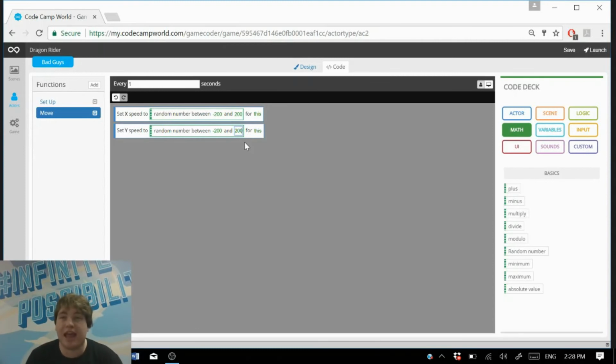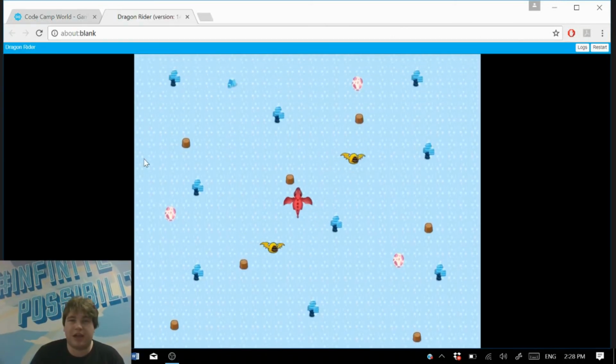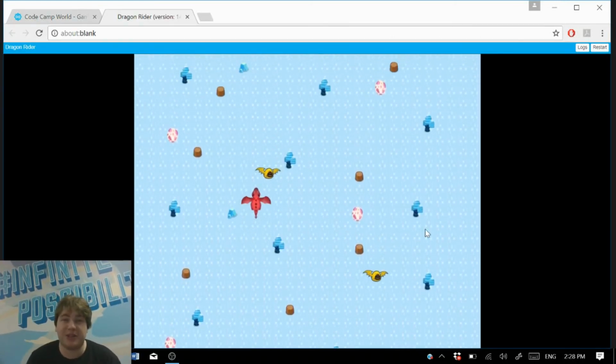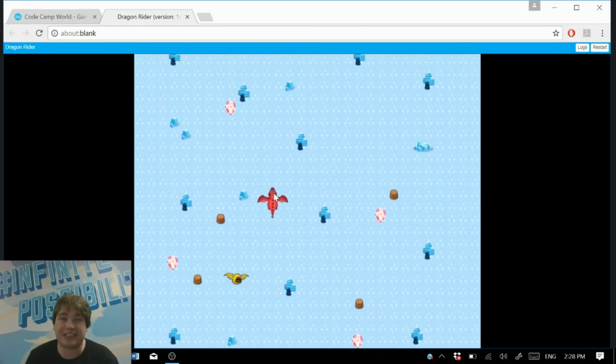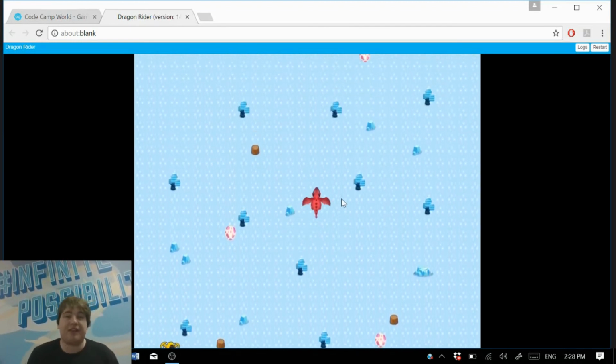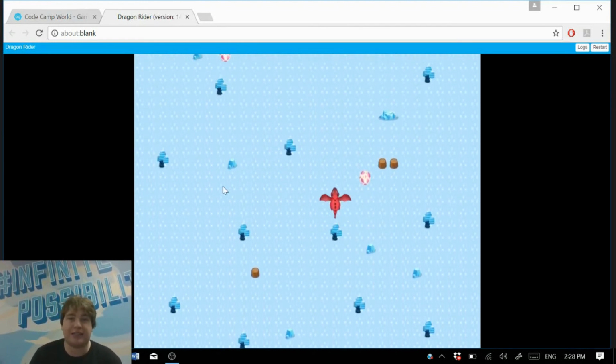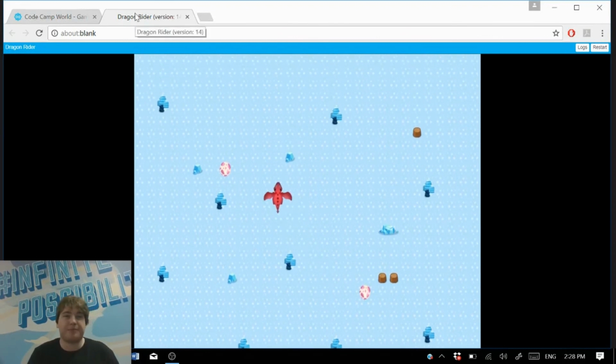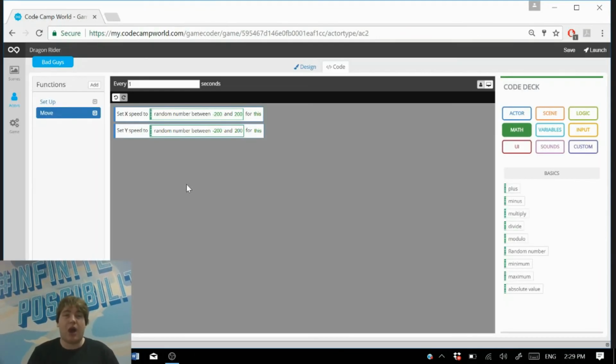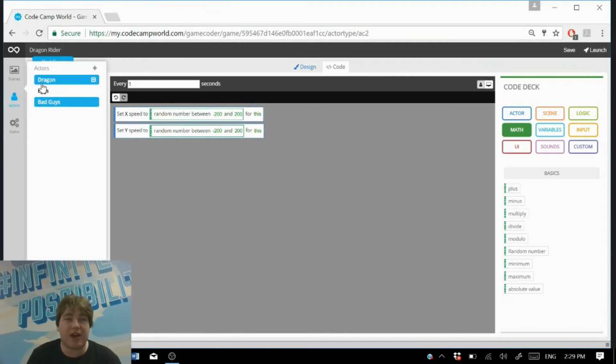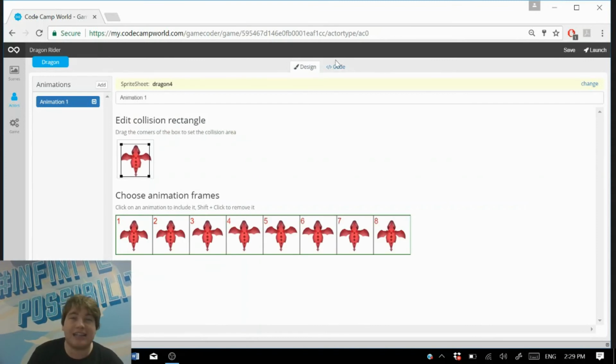Now that we've done that, let's click the launch game button and see if our characters fly around the screen in all different directions. So click launch, and we'll notice that our bad guys are actually flying towards us at quite good speeds. But still, if I hit them, nothing happens. So we're going to code that next. So close the game and head over to our dragon, because our dragon is where we're going to put this